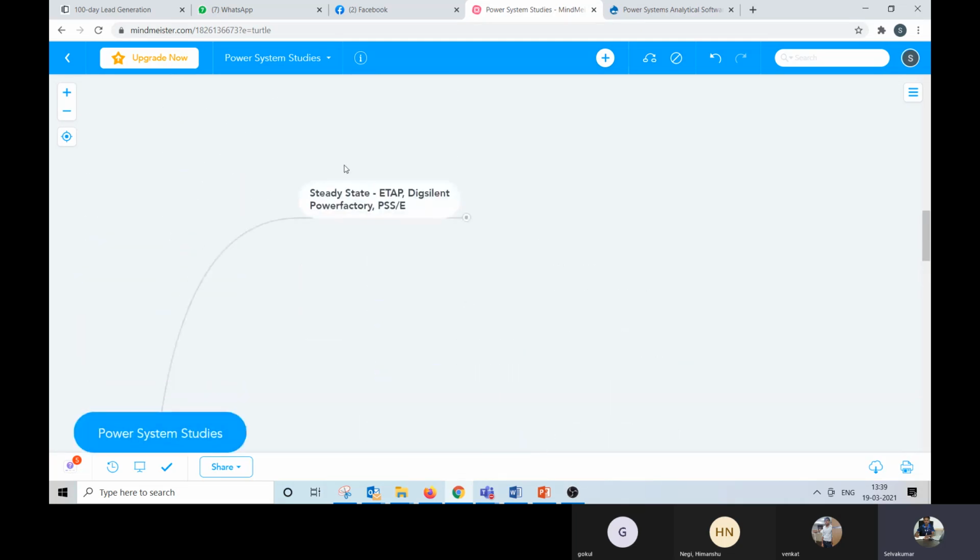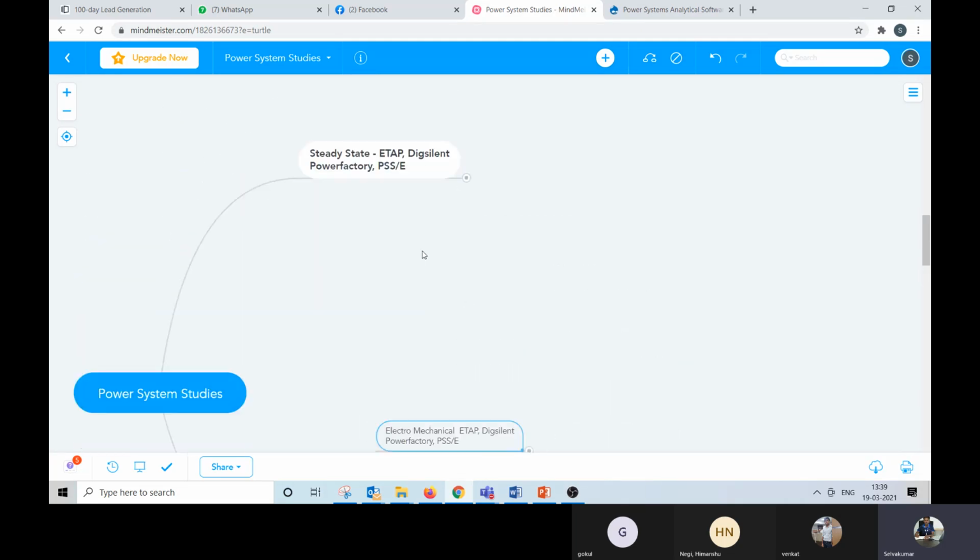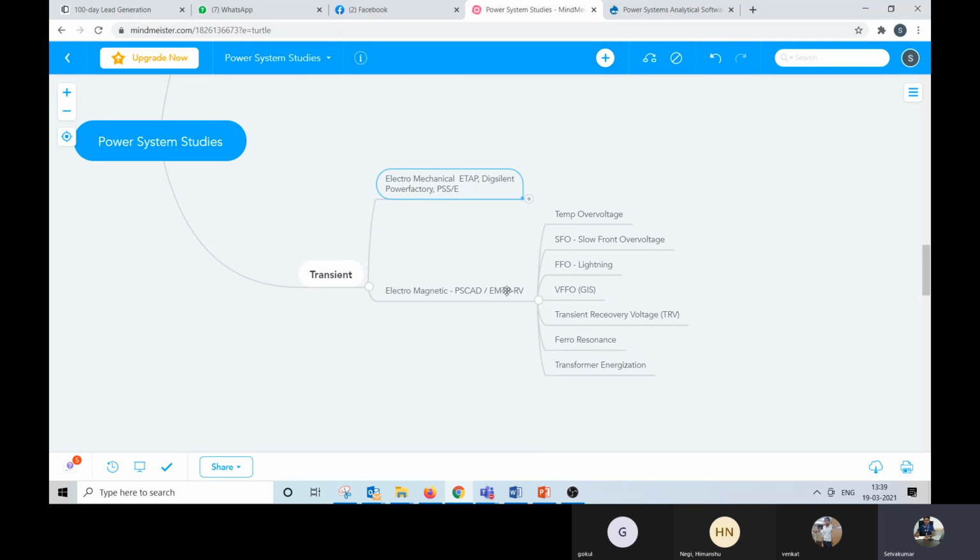Unlike steady state, where there are 50 plus software packages, here there are only two: PSCAD and EMTP-RV. The other one you mentioned, ATP, is the tool that was originally developed, and EMTP-RV has just converted that tool into a graphical user interface. Commercially, only these two tools are available.